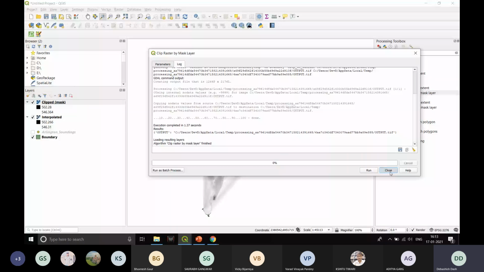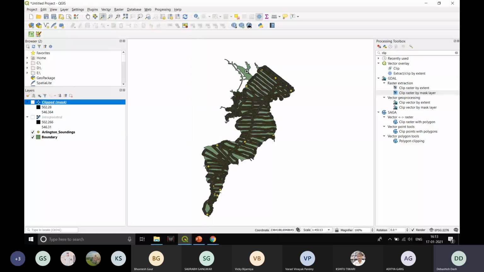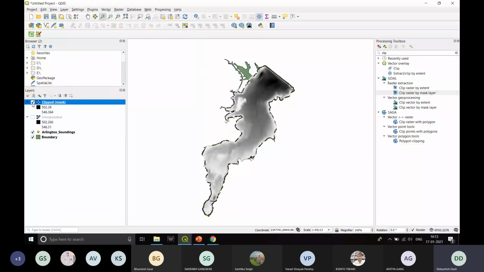Now if I close this, you can see that you have obtained the exact interpolated area for the lake. Now you must be wondering why these areas are missing. These areas are missing because there was no recording taken in this area. As you can see, this area is completely absent. There are no points here, so the interpolation could not fetch any data in these points. In order to avoid inaccuracy and errors, it just completely neglected this point. This is what happened here.